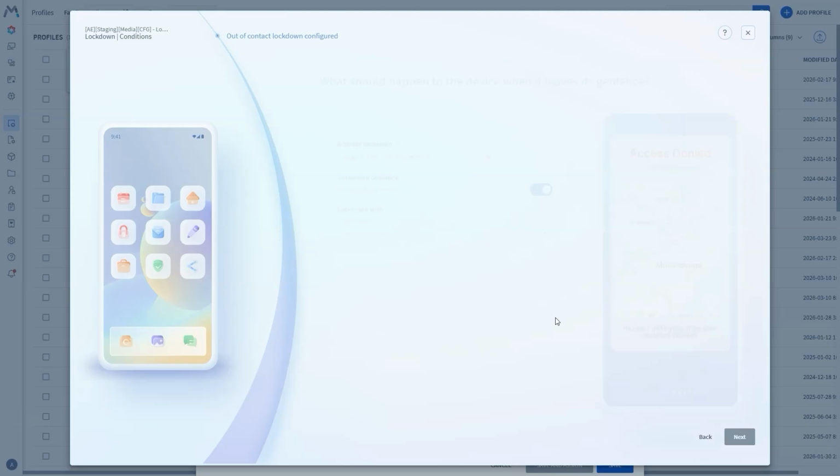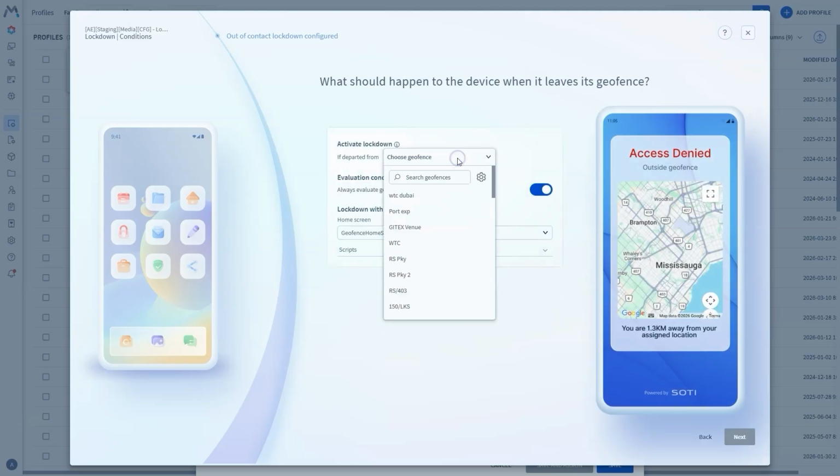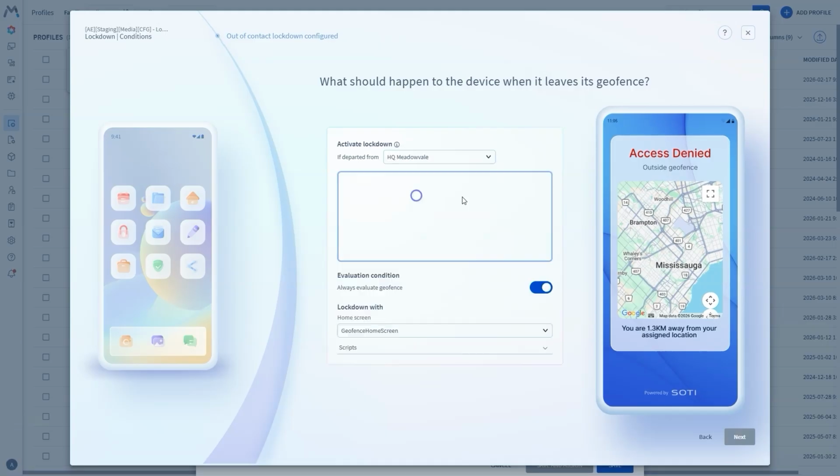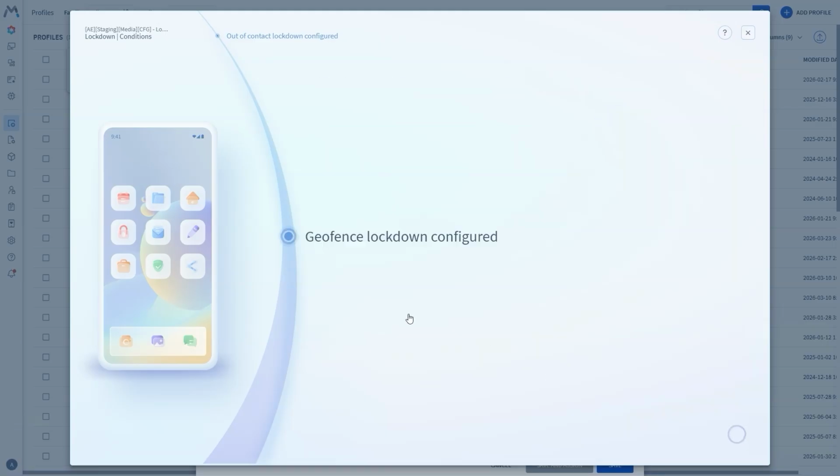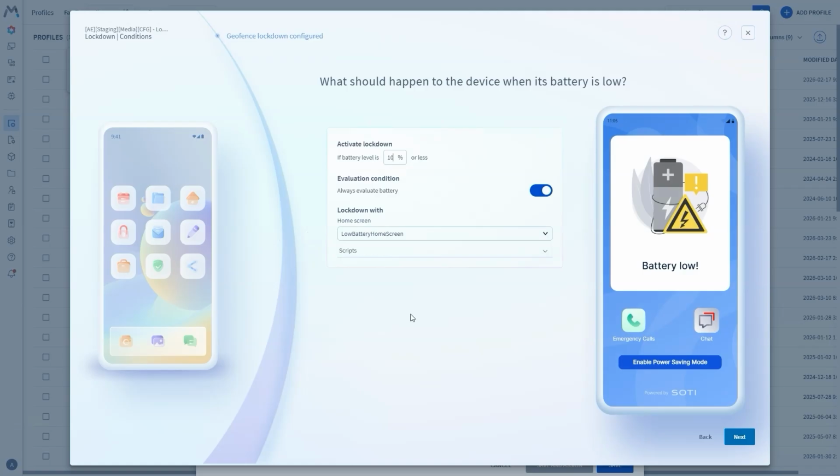If a device exits a designated area, like a store or warehouse, geofence lockdown will switch it to a restricted home screen. Moreover, if the battery level drops below a certain threshold, say 15%, low battery lockdown will activate to prevent shutdowns